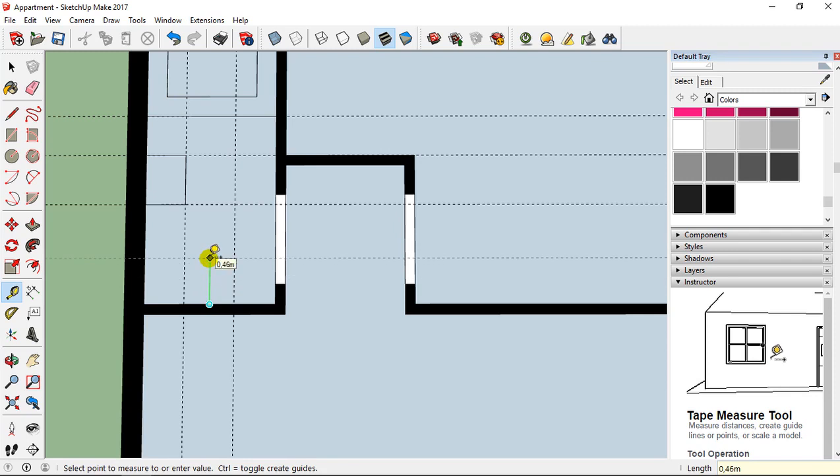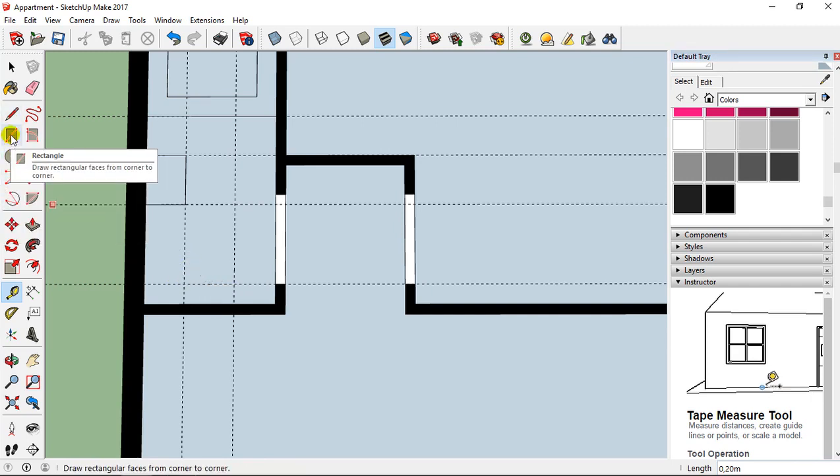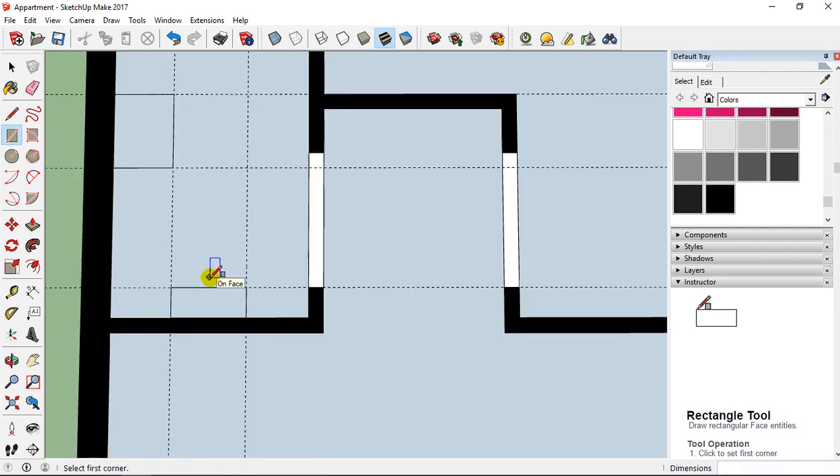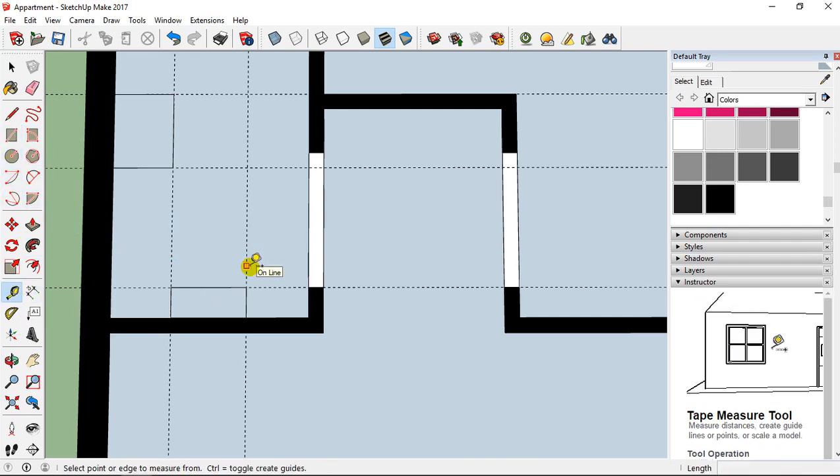After here, or first I can go something at 20. I take the rectangle tool like this. Then I'm going to set two guides. So once here at 10 centimeters and another here at 10 centimeters.